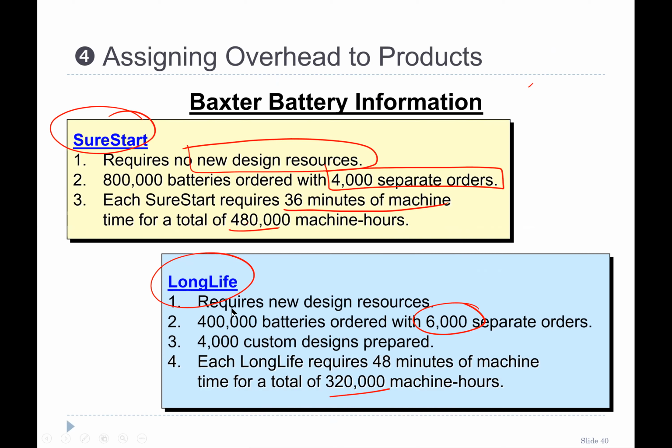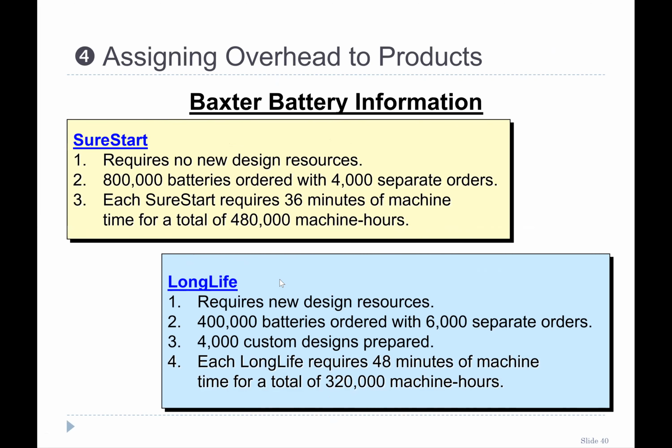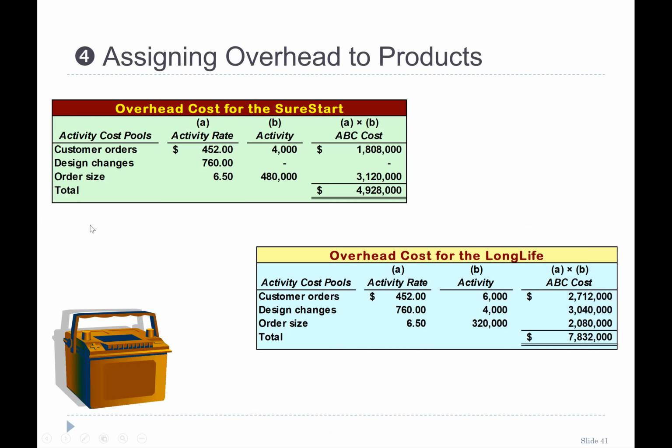So how are we going to use this information to find out the costing? There we go. So we have the 4 levels of activities. The fourth